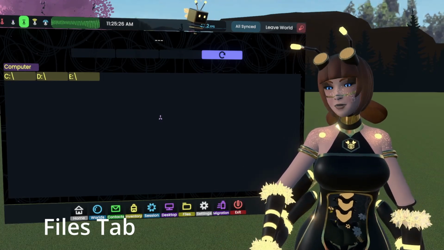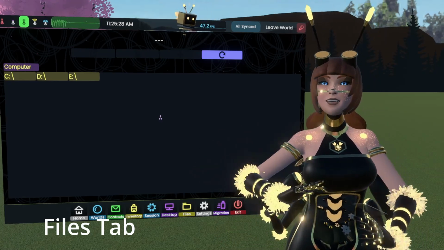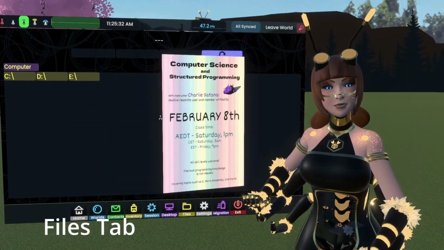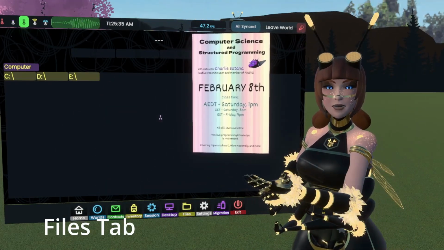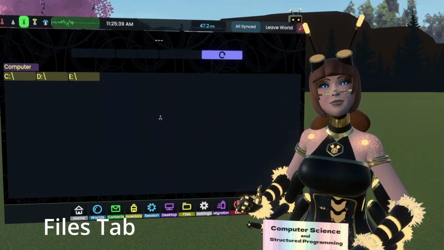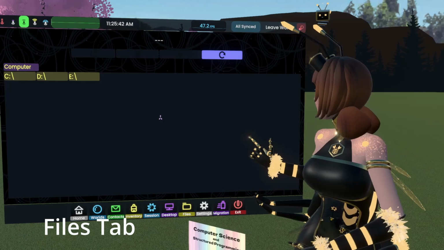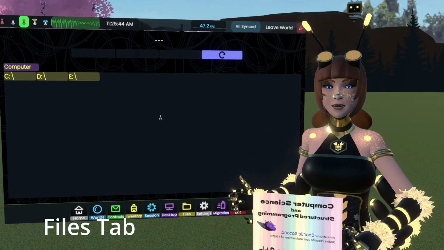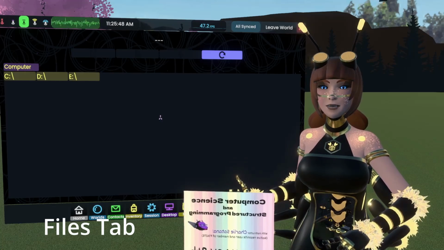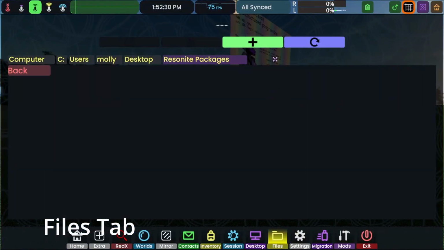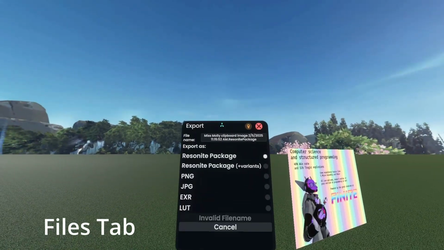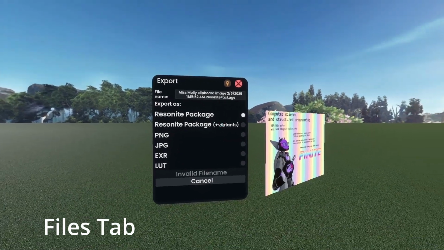Say I have a picture or an image in Resonite and I would like to export it to my desktop. So, I have this nice little poster for one of our community classes. Now I want to export this to my desktop. So what I'm going to do is grab this image with one hand, and with my other hand, click the export button. Now, once I do that, it will give me a dialog for how I want to export it. The export dialog